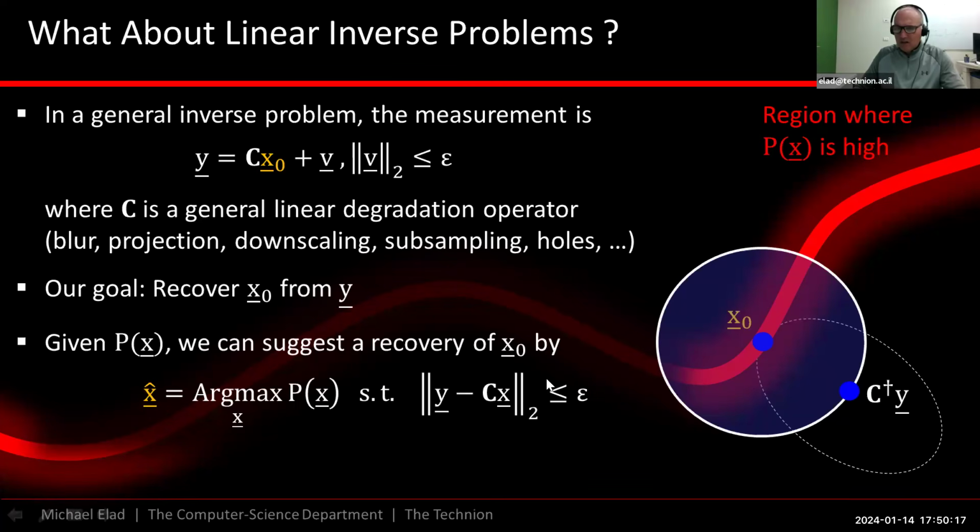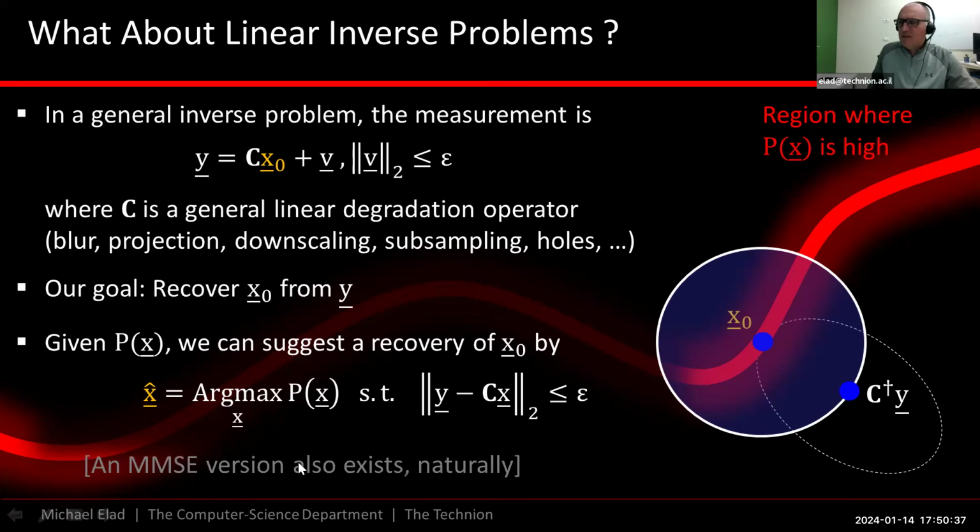And by the way, the shape of this body of possible solutions, the feasible solutions, is this ellipsoid. This is exactly the ellipsoid you see here. So among all these ellipsoid points, x, give me the one with the maximal probability. And assuming that I can solve it numerically, I have an amazing solution. In fact, here as well, I can come up with MMSE, but I'm not going to bother because now let's